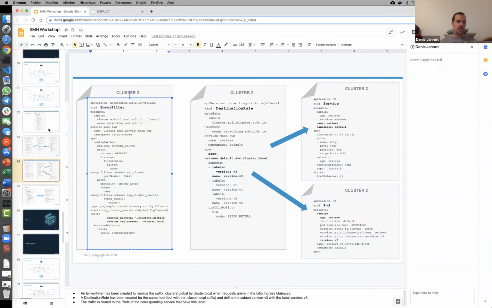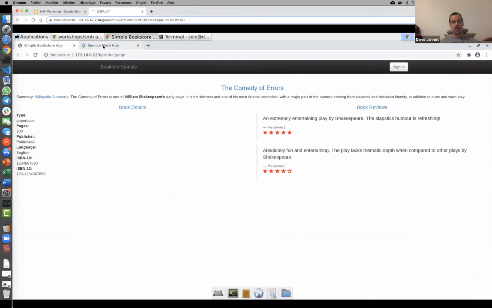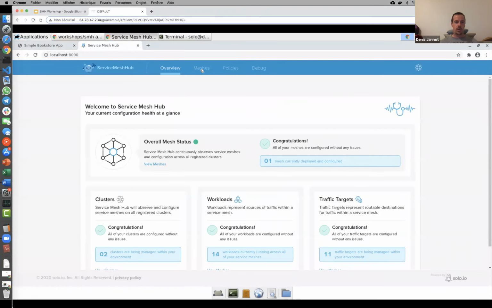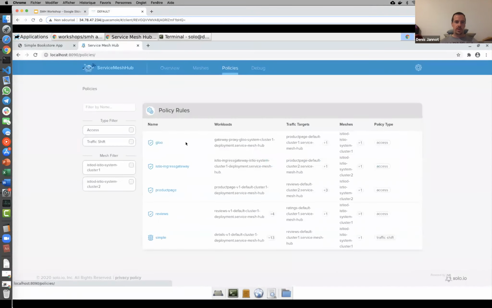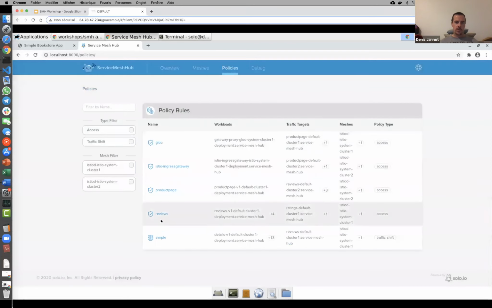So again, the idea is really just that with a very simple abstraction, I can make this cross-cluster communication happen. And then with the ServiceMesh Hub UI, we can see the policies that we create, like this one. And you see here the percentage of the workload that is described in the policy. And we can also see the workloads that are impacted. And that's an example for a traffic policy, but you can also create, for example, here